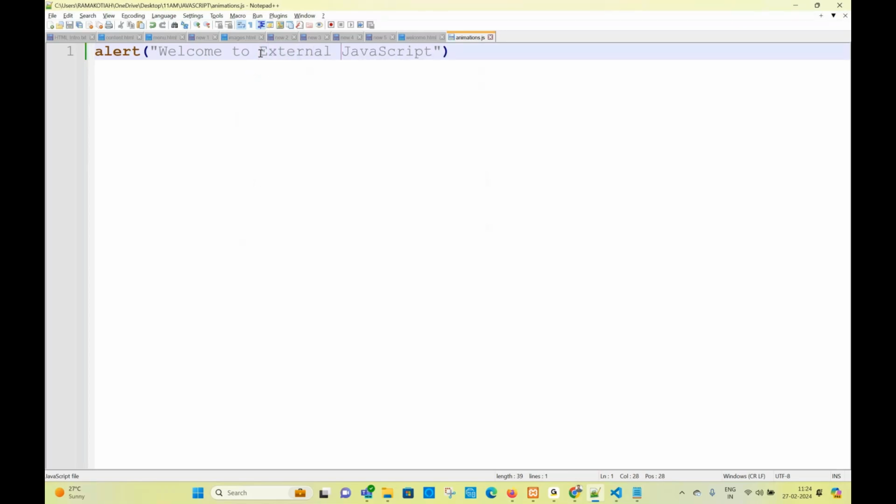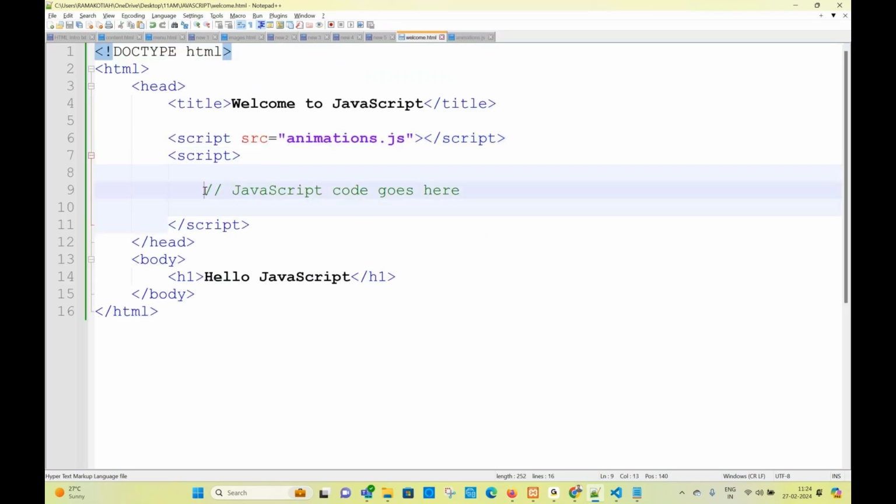Which is written outside, but we are linking it into our HTML document. Now you see, all of you, this is what I'm going to write: an alert. Here also I'm writing an alert. Alert is a predefined method in JavaScript. So this is going to be internal